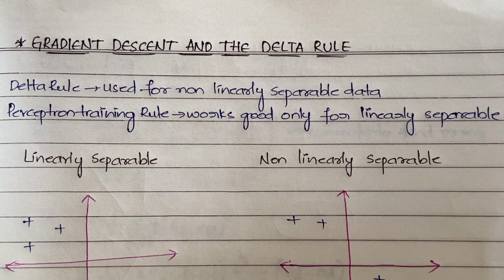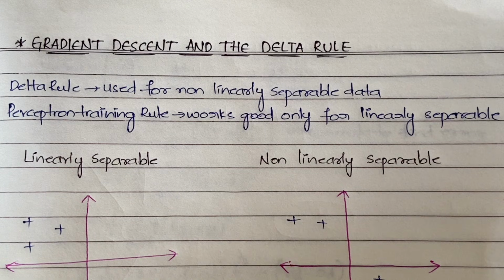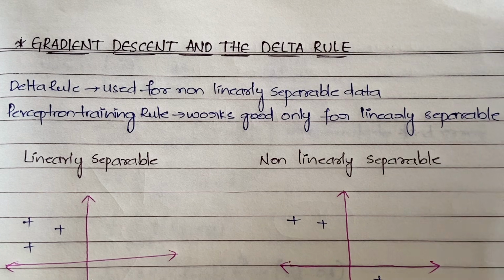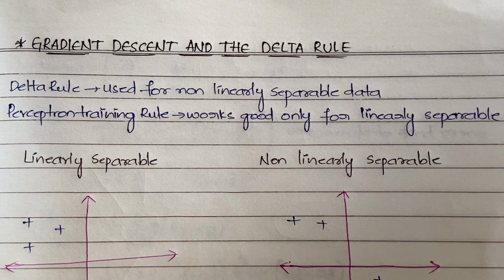As I already said, if you have not watched the previous video, you cannot understand this. So first watch that, and based on that you can understand this more clearly. In the previous video we learned about the perceptron training rule, which is used to train a perceptron, right? And here we are using the delta rule also to train a perceptron. But what is the difference? When we have the perceptron training rule, why should we go for another training rule like the delta rule?